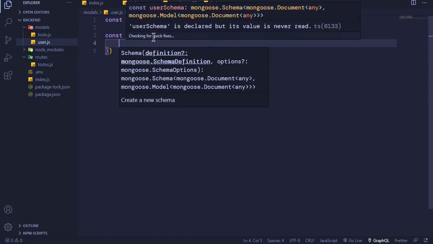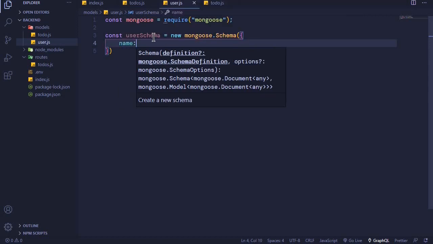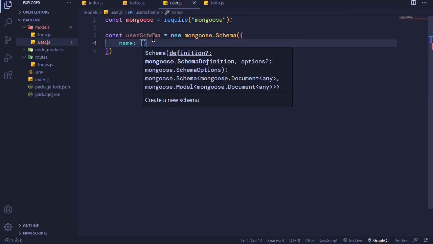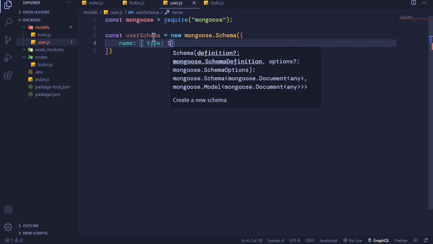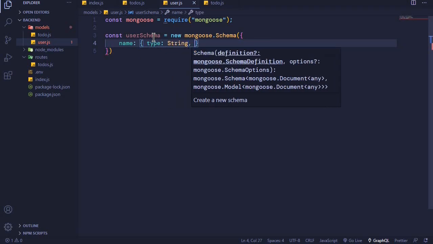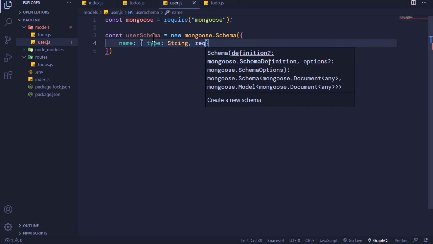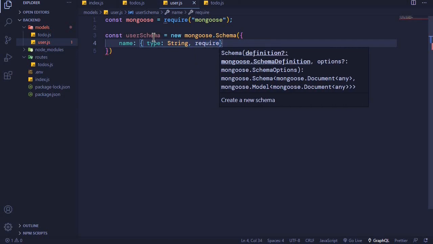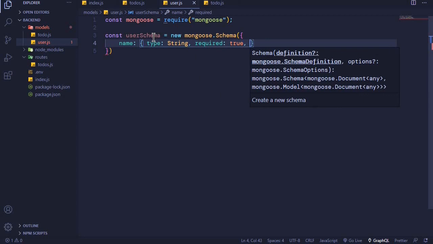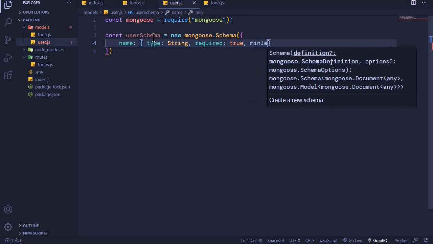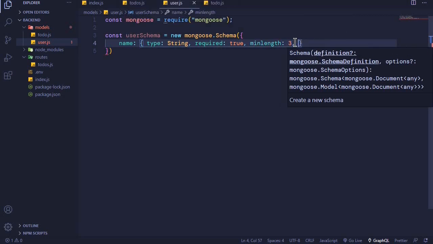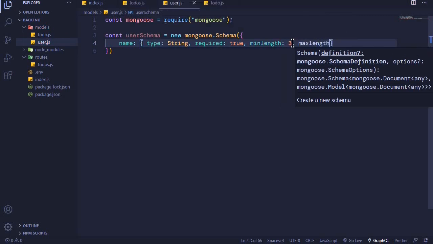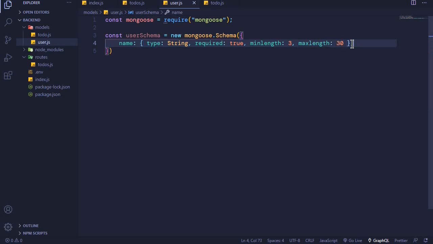So the first thing we need for our user is a name, and then we can include different options here. The first thing is that the type of the name should be a string. It should be required, so we set required to true. We can set a minLength and a maxLength. So minLength of 3, a maxLength of 30. And then the next thing is that we will need an email,